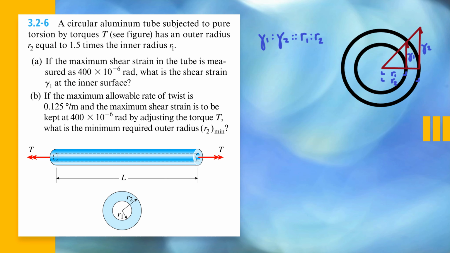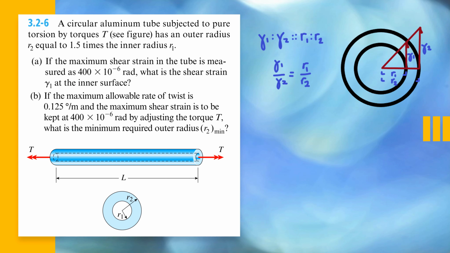As you twist something, the further away you are from the center is where there's going to be more twisting. In other words, the further from the center, as I have drawn here, you have greater strain, which is why I'm saying that using the geometry approach, gamma 1 is to gamma 2 as r1 is to r2. So I can set up a little